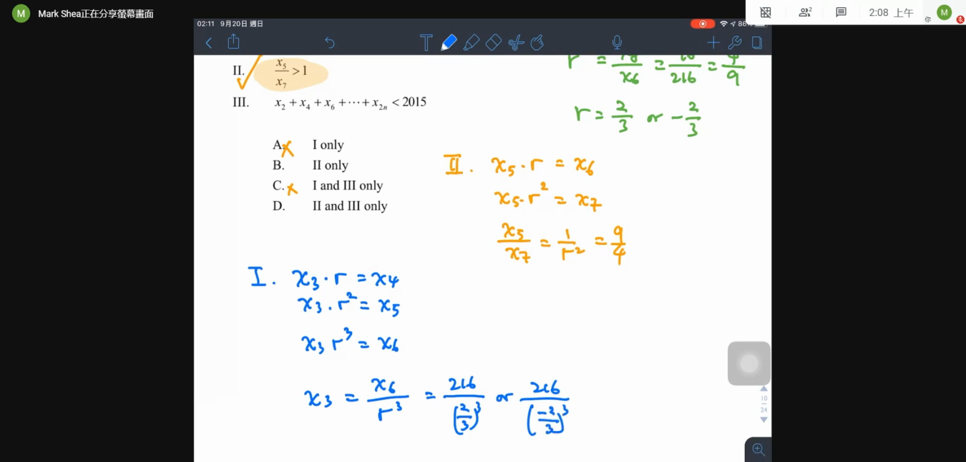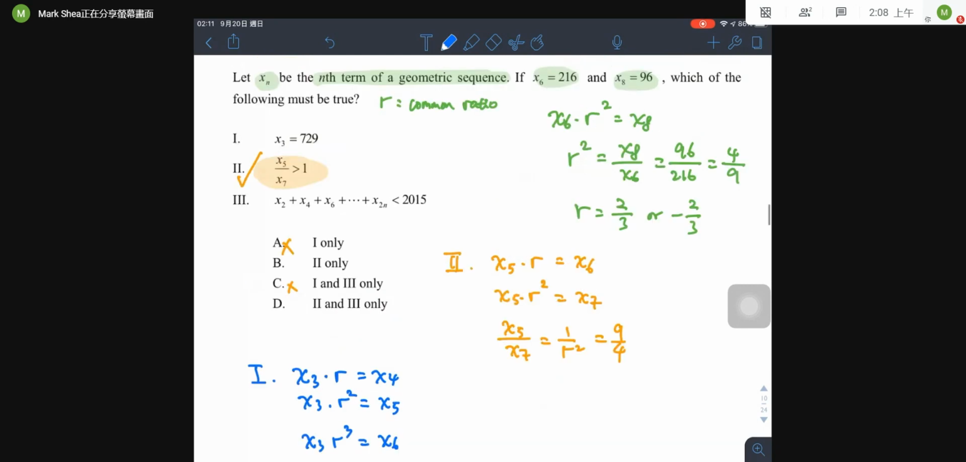Therefore, there are two values of x3: 729 if r is positive, or negative 729 if r is negative. Therefore, there should be two values of x3. So option 1 is wrong. Now lastly,